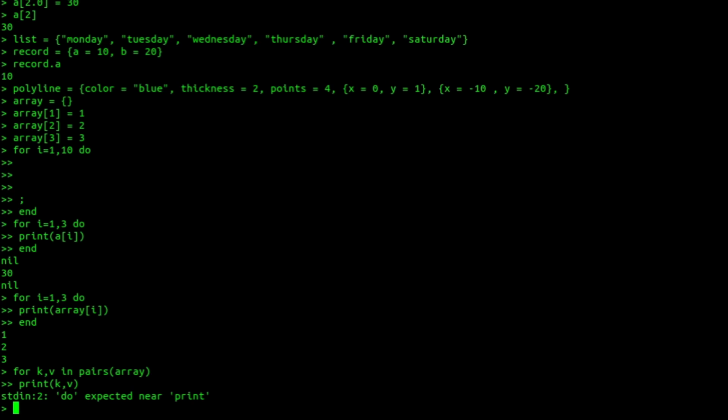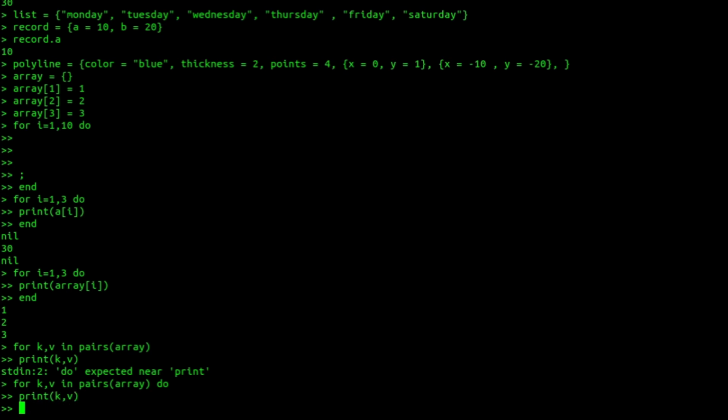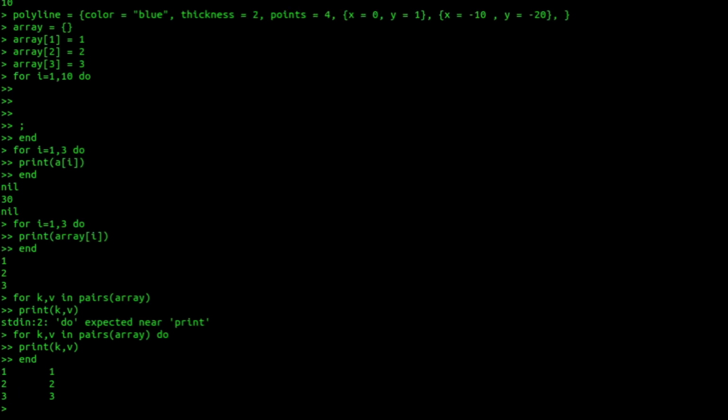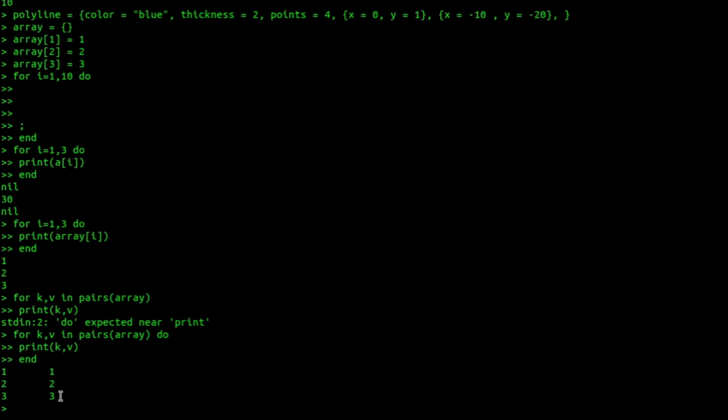Oops, "do" expected, sorry. For k, v in pairs(array) do print(k, v). Now if I give end and press enter, you will get the keys and values of this table.